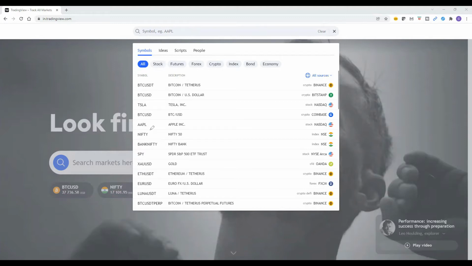If I click on Nifty, when I choose Nifty as index, here you can see two options: launch chart and see overview. We can go to launch chart later. Otherwise, see overview. Once I click see overview, let's see what happens.